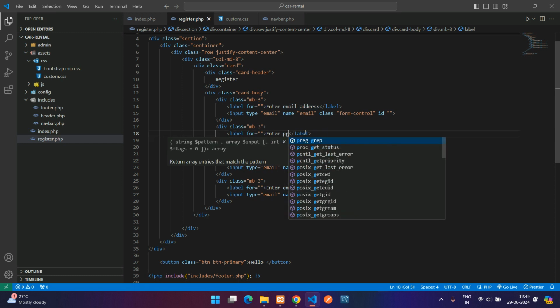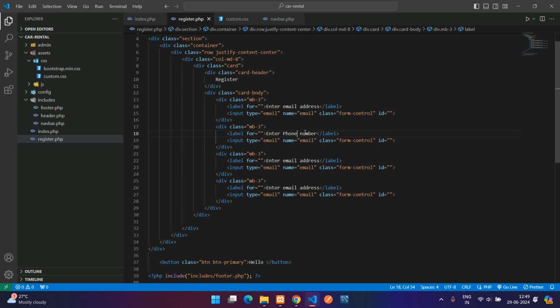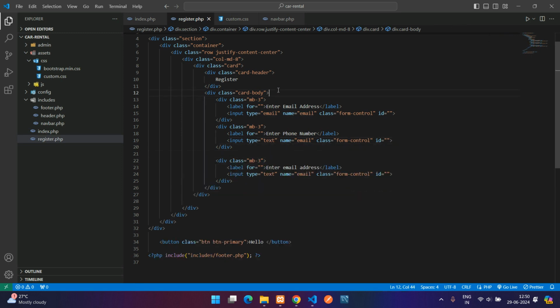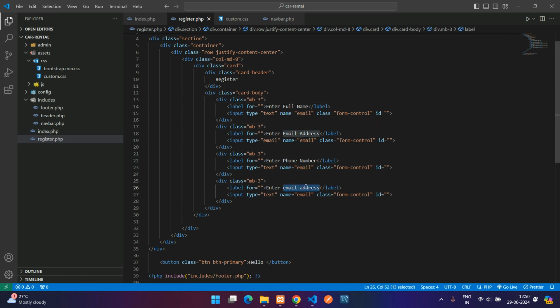Email, this is the enter, phone number, you can just capitalize it if you want. Enter phone number, and then you have the name, or you can say full name, enter full name, and for these 3 things it is going to be type text. Okay, and also we'll keep the name at first. Enter name, email, phone number and password. Enter password,